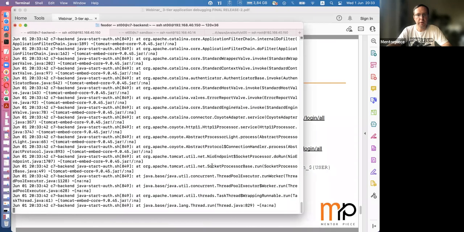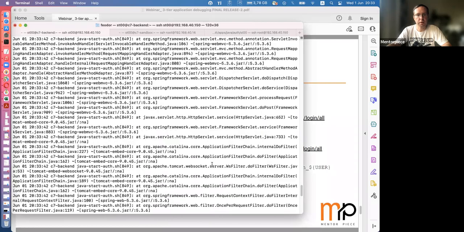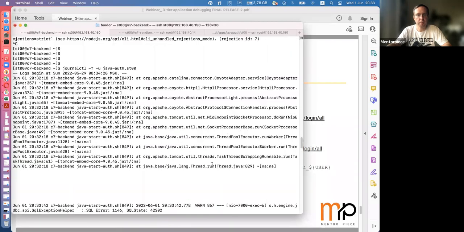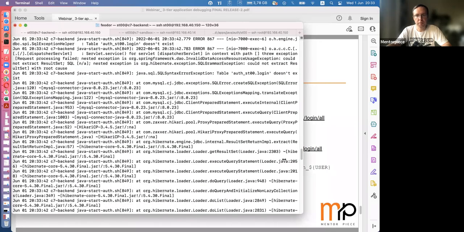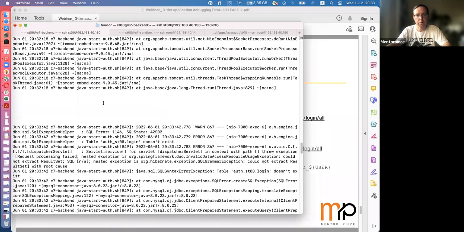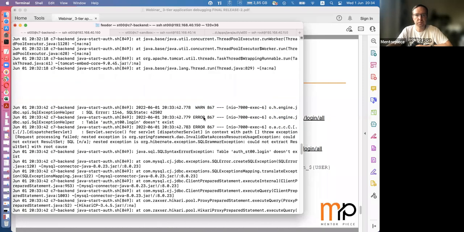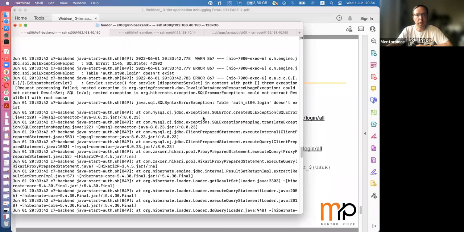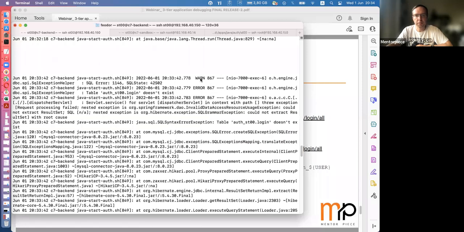So we see very many unclear things, but we remember that there is a separation by new lines between old events and our current events. So, and we see that